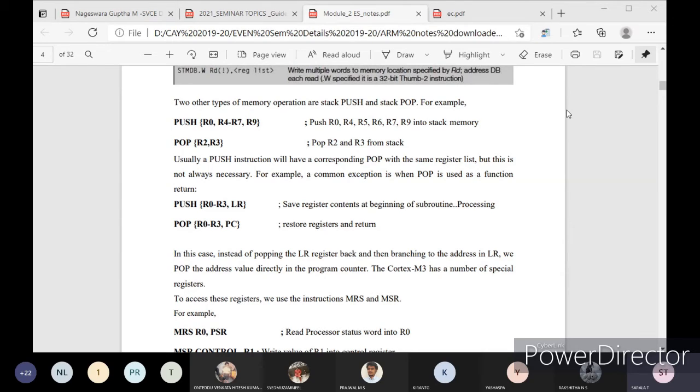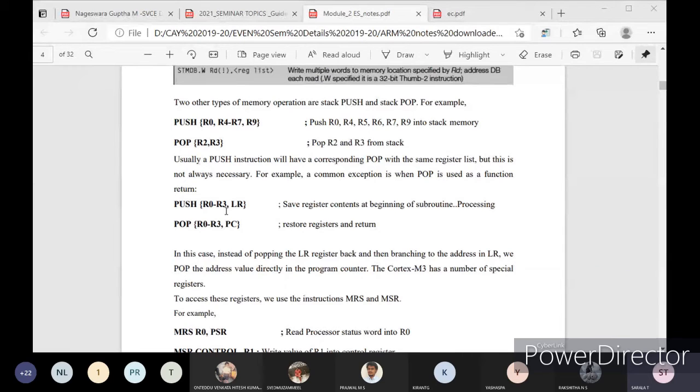That's why if we are going with respect to function calls, at that time you can push the same registers towards the stack memory, and you can take it back with the return address at the time of the pop operation. That is an exact example which is given here. See, R0 to R3 values are stored with your link register.